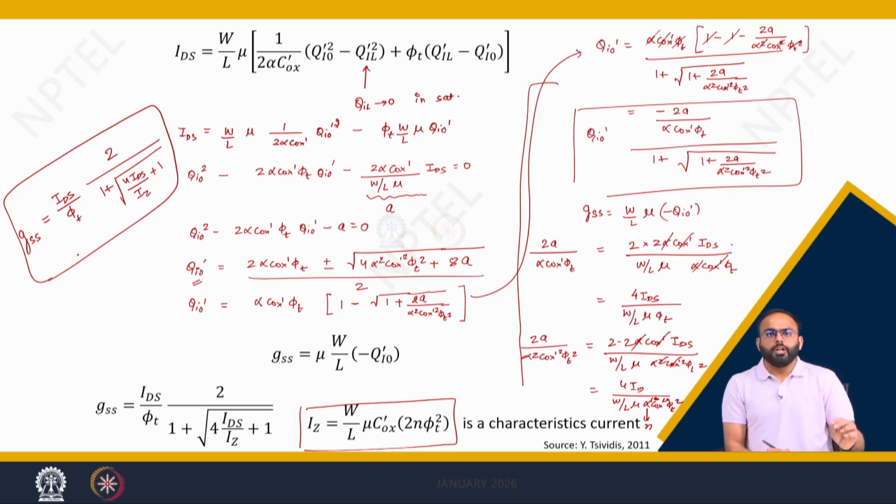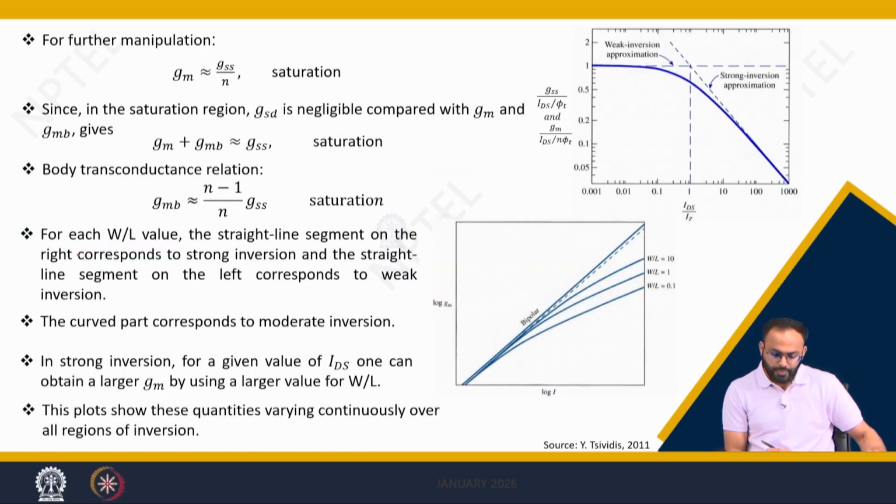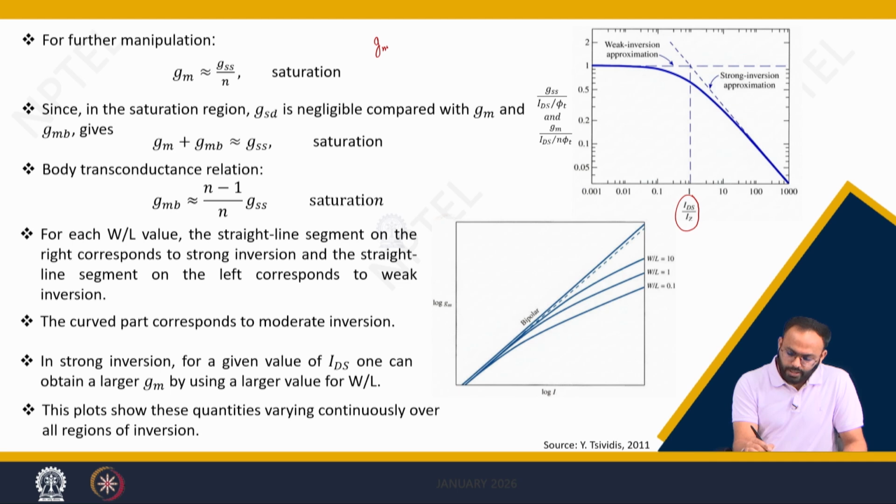Here it is important to note that the ratio of IDS by Iz is very important to define GSS. We will see that if we plot the GSS by ID, then the parameter IDS by Iz will come into the picture. If we do further simplification, we can simply get GM as GSS by N, and if we talk about the saturation region, then GSD is equal to 0,